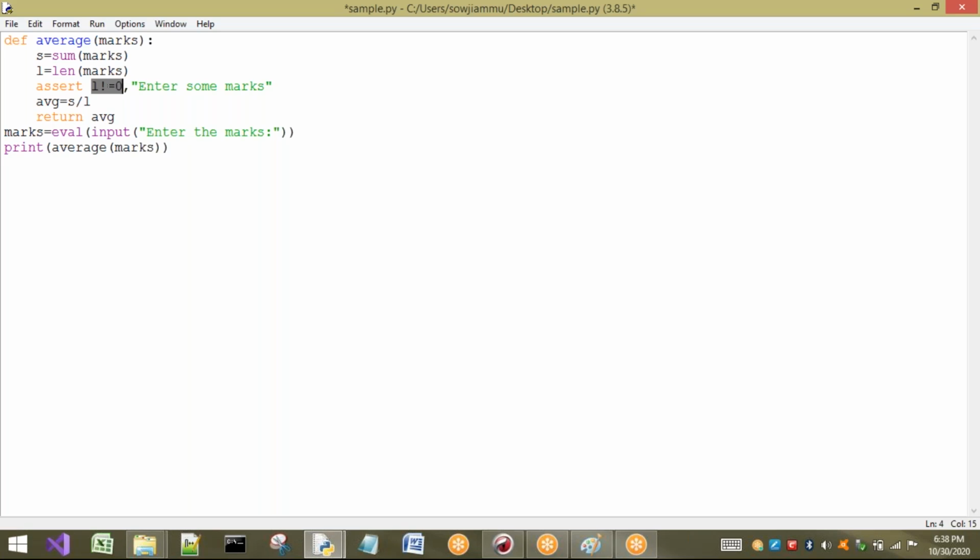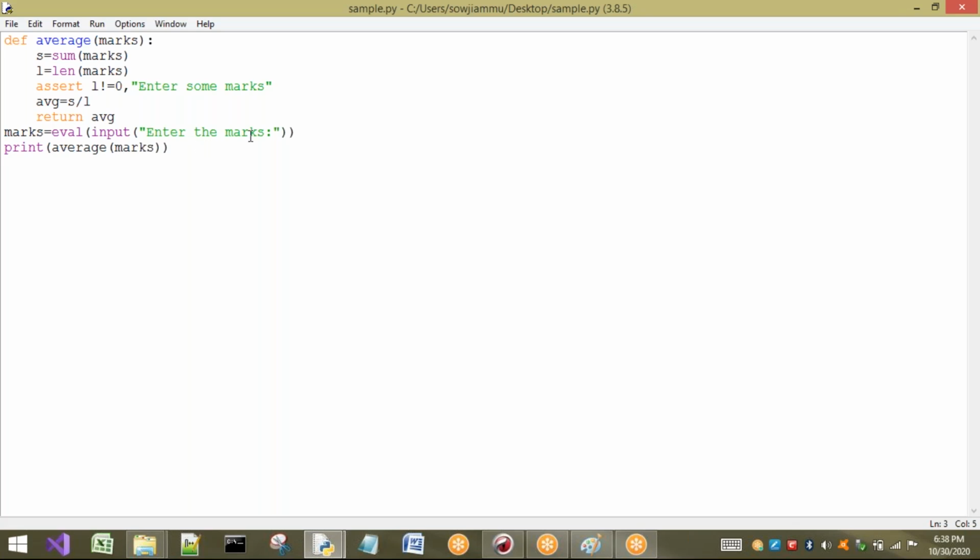So that I can understand. And what is L? I will check. L means the length of marks. That means the length of marks is equal to 0, so it is not equal to 0 fails. If it is not equal to 0, it is nothing but 0 only. So I can understand that, and I will change the input, or I will prompt the user